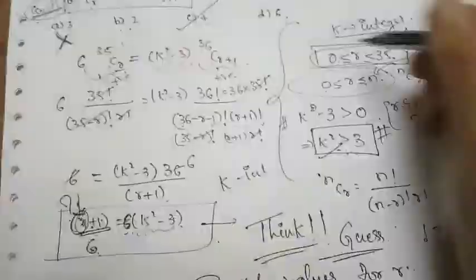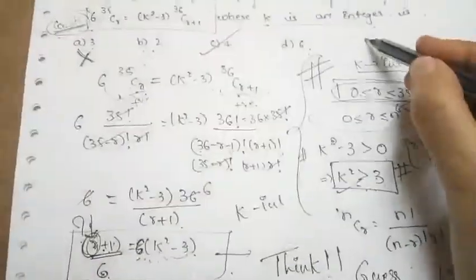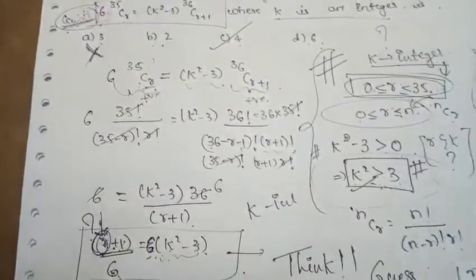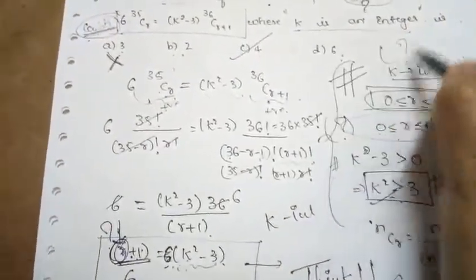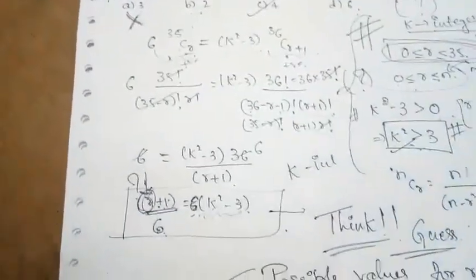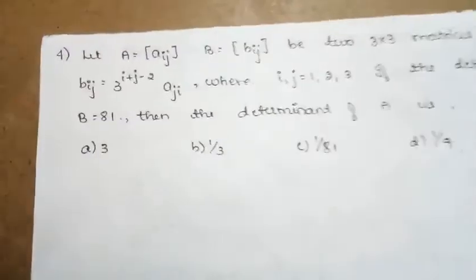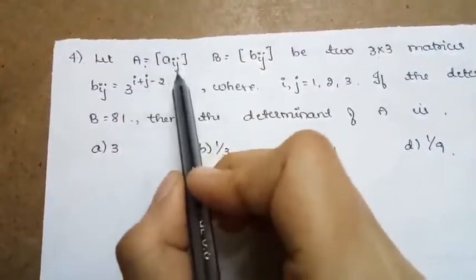So the main thing which you need to remember here is the foundation part: what values K must take, what values R should take. If you get an idea of all these things, then solving this part is a small piece of work. So now let us move to the next question, that is, let A = [Aij]